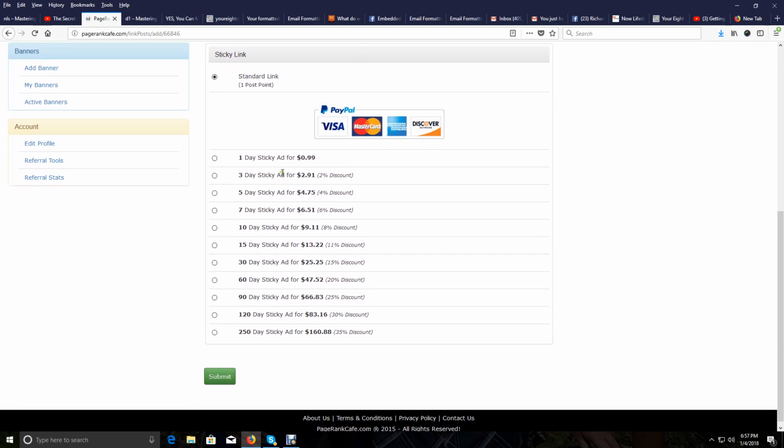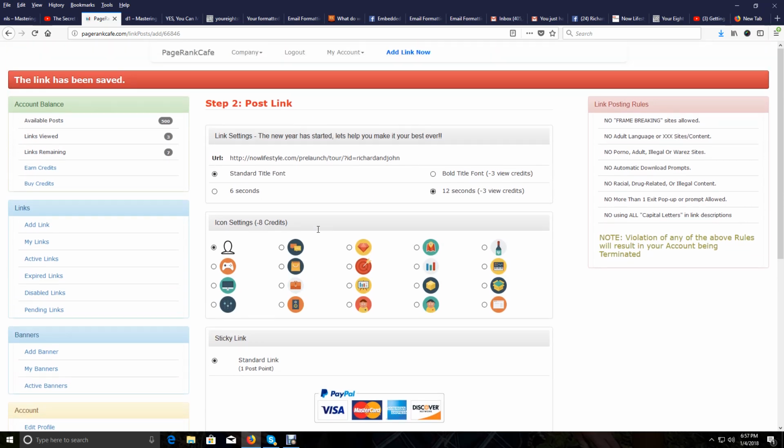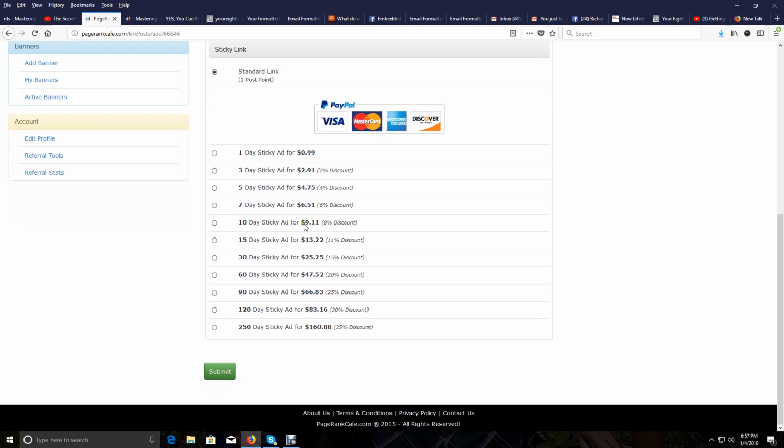Now, if you wanted to pay for a sticky ad like I showed you, here are the different options below for the number of days, and then you just click on submit after you'd pay. If you have money in the ad budget, this is a smart way to do it, because then for 10 days your ad is on there. You see that guy had almost 6,000 views on his link for $9. It doesn't get any more inexpensive than that to start advertising your lead capture pages. So now we just click on submit,